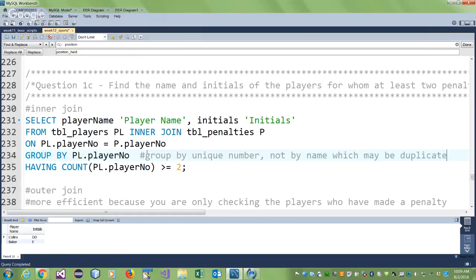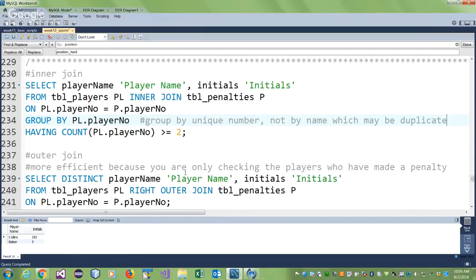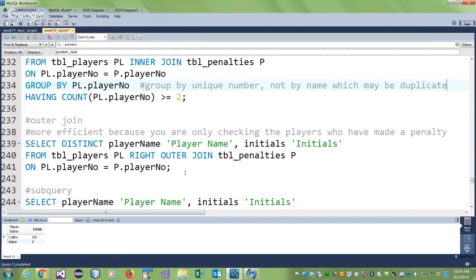Make sense? So don't put distinct, otherwise you won't have an answer. So count, group them and then count them. Now in this one, we are checking the players who have made a penalty. Same thing, remove the distinct, add the condition,